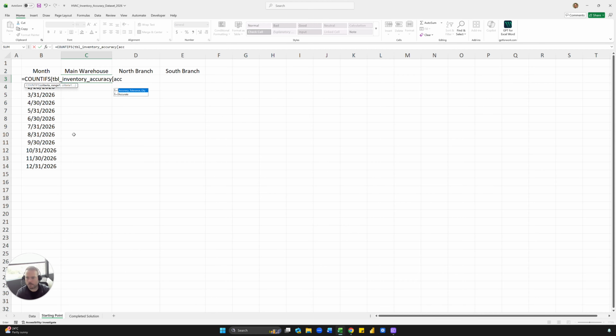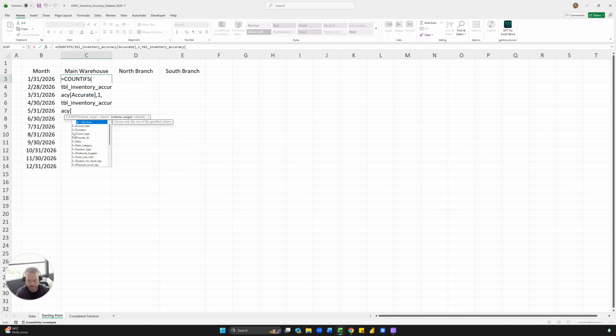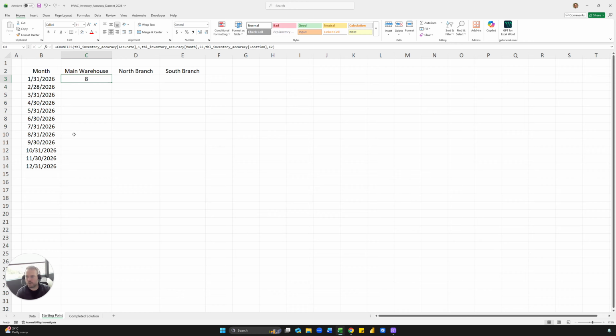So COUNTIFS, and then we want accuracy, or accurate, here, comma 1, because we want ones, and then we want, again, the table, inventory accuracy, and then the next criteria is going to be the month, the one that we calculated using the EOMONTH function, and it's going to be right here, cell B3, and then the final thing that we want is going to be the location, and we want that to be here. So in other words, for the main warehouse in January, there were 8 items that had an inaccurate count, and now we want this